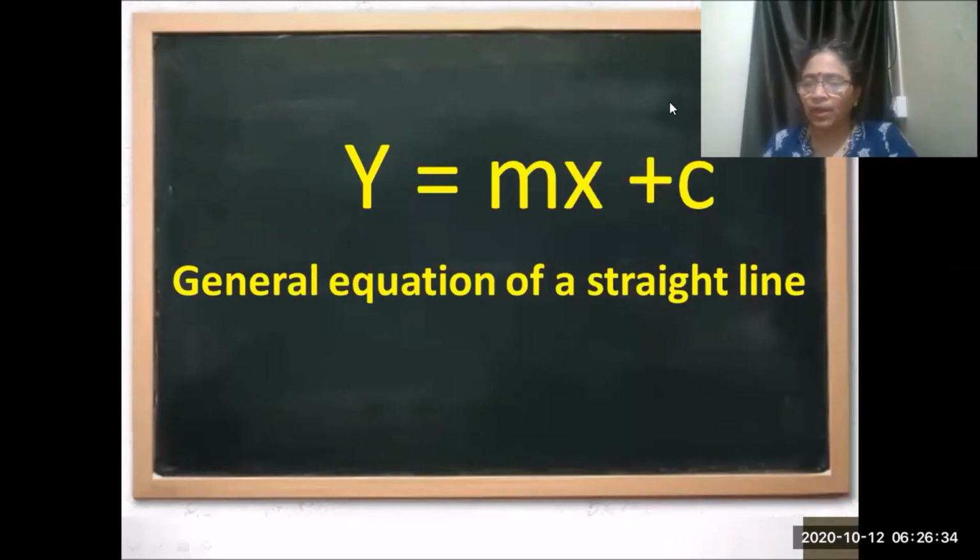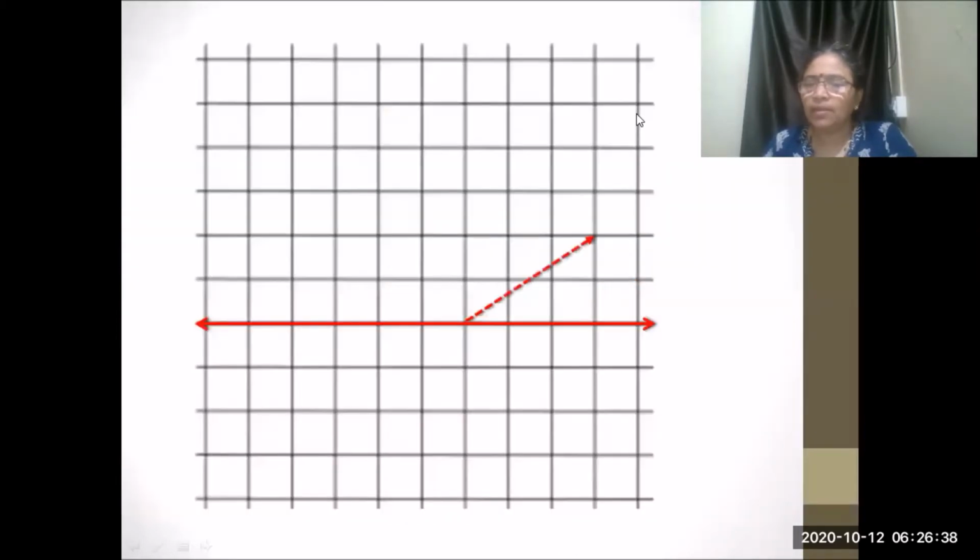What is the slope of the line? Slope of the line is nothing but the inclination of a line with the x-axis. So the horizontal line which is drawn is the x-axis, and the angle which is formed with the x-axis is called the inclination, and how inclined the line is called the slope of the line. Okay, so how is it calculated? Let us see.